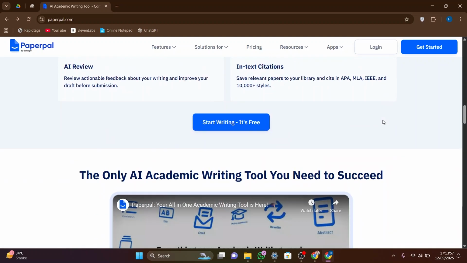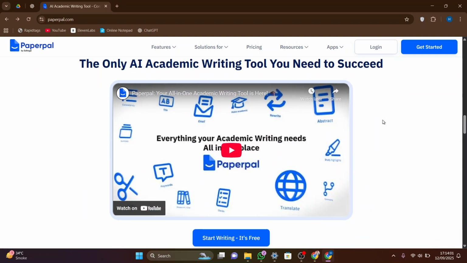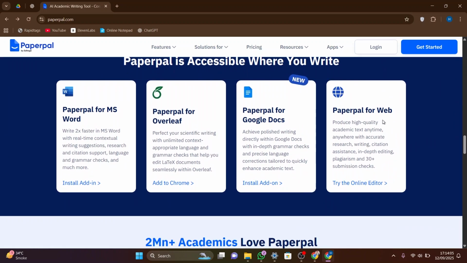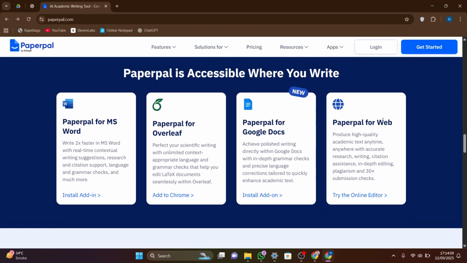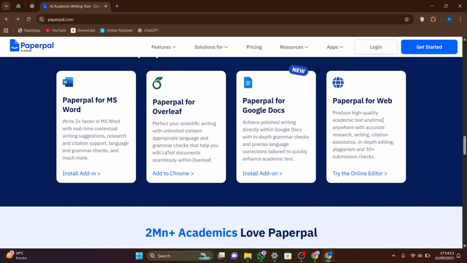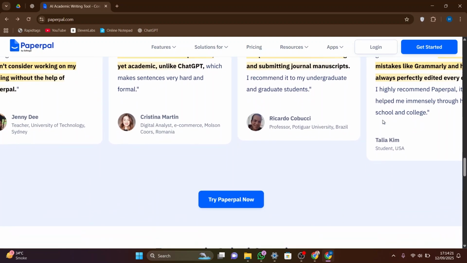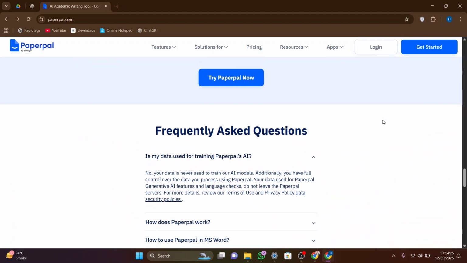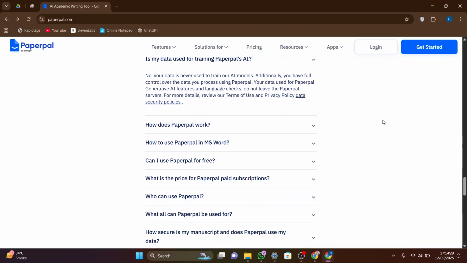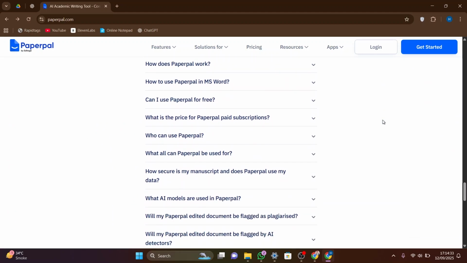One of its standout features is Chat PDF, where you can upload a PDF of research papers or notes and ask questions to get instant answers. Paperpal also supports citation help by finding real references, generating them in different styles and formatting them correctly. The software works on the web and also connects with MS Word, Google Docs, and Overleaf, making it convenient to